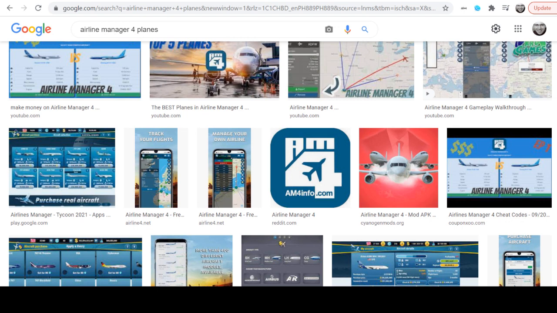And then there's others like the Citation, the Legacy 600. There's one that I wanted. It has the Praetor 600. 7,400 kilometer range, only 8 passenger, 800 kilometers per hour. You might want to run it as a first class plane because you get more money even though it's fewer passengers. I also looked at the Russian planes, the Tupolev, the Tu-104, 2,700 kilometer range, 50 passenger, 800 kilometers per hour,